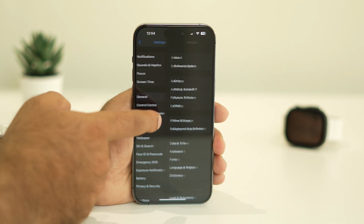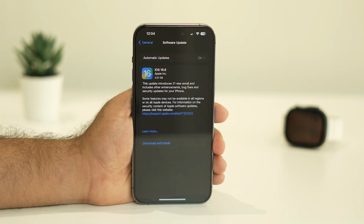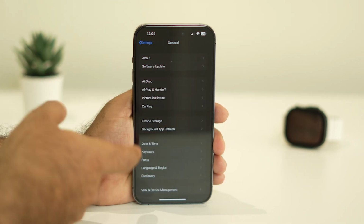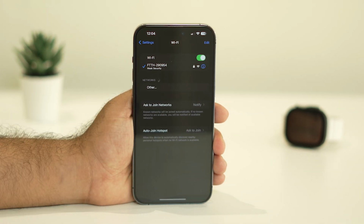And also you have to go back over here and remove it from here as well. Then go to General, and the last step is all about the software update. Make sure that if you're on a very low version of the software, you update to the latest version. Right now as you can see I'm on 16.6. So if you are on a much lower version like 15.9 or something, you have to update to the latest version. Keep in mind that once you update the software, most probably you have to restart your iPhone, and after that, when you go back to the Wi-Fi, most probably the disconnecting issue